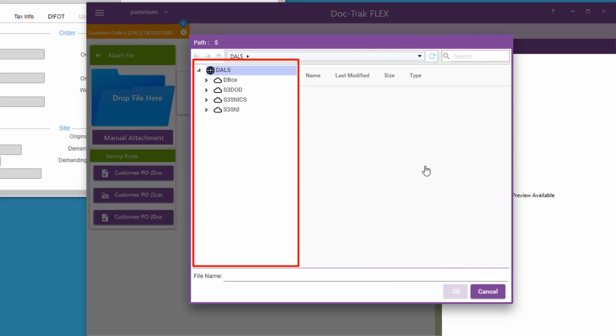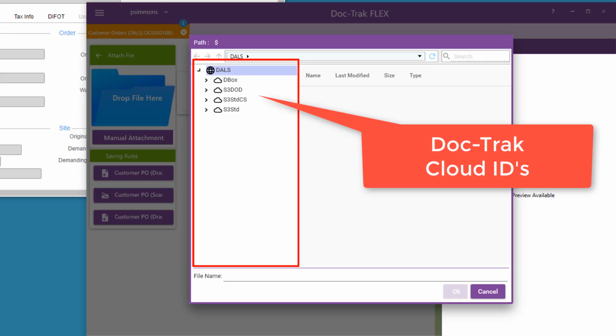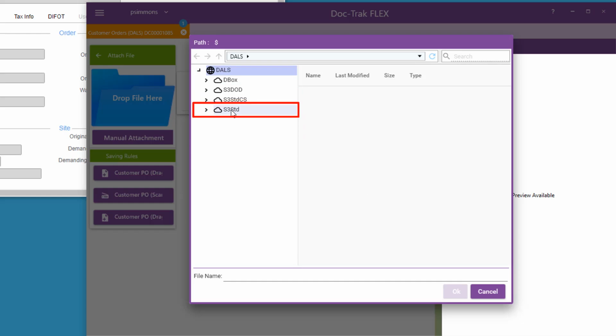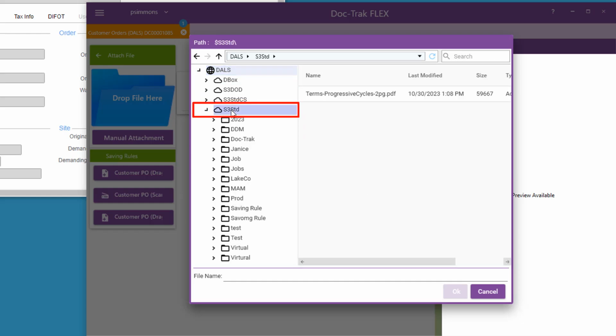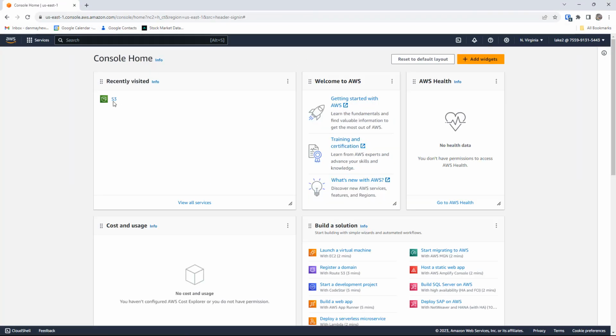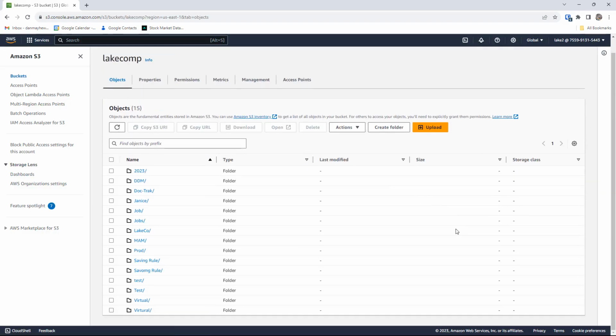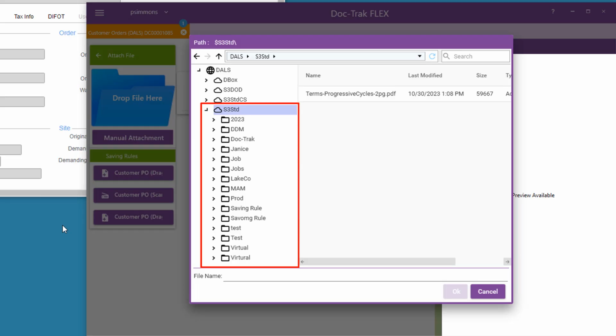Over here is the folder tree. This is similar to what you'd see in the Windows File Explorer. But instead of folders in a shared location on your network, you see cloud IDs. The cloud provider is determined by the cloud ID. This one is based on the company's Amazon S3 account, and it's tied to a particular S3 username. If the S3 user tied to this cloud ID logged into that account through an internet browser, they'd see the exact same folders and files as you would see here in this cloud browser.